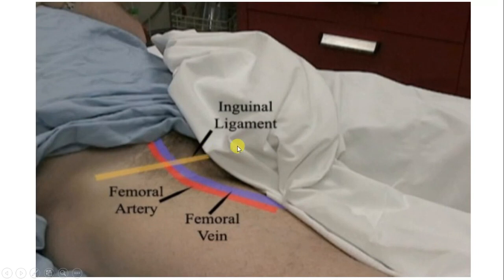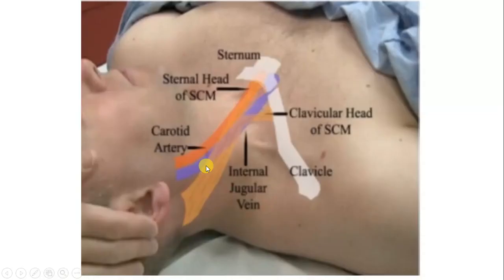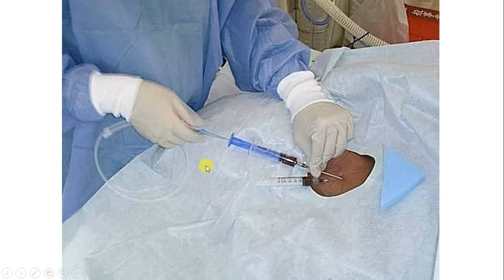So this is how the central venous catheter through the femoral approach is used. Again, we see from the beginning the first approach is through the internal jugular vein. The things that we have learned is that full sterile condition is used. First, the vein is confirmed through a normal syringe, and then after confirmation of the